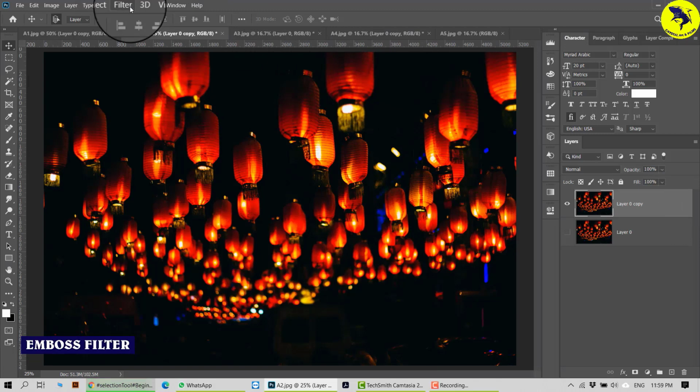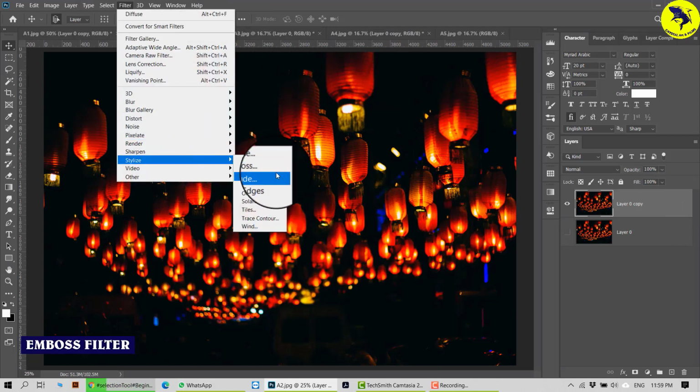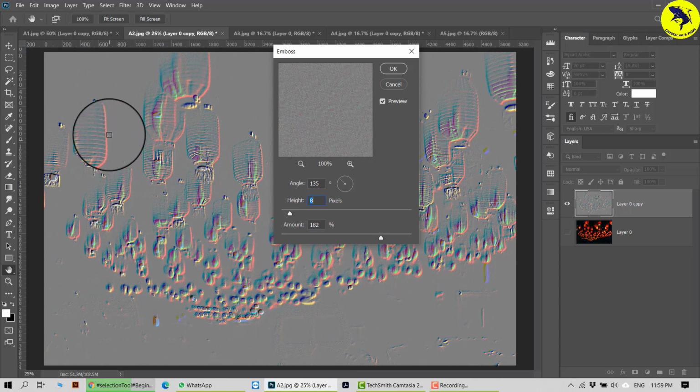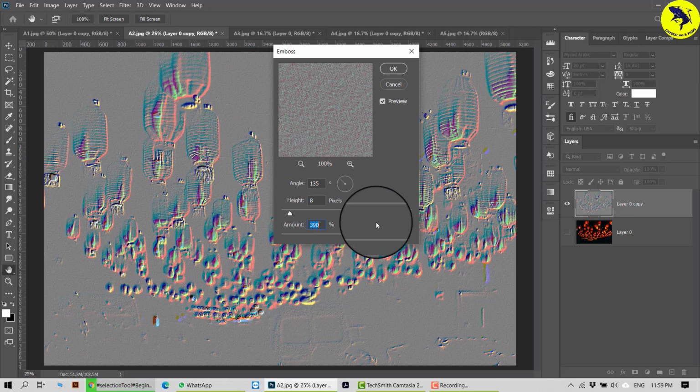I'll go back to my filters, I'll go for stylize, and I'll choose emboss. Emboss is like a little extrusion with 50% gray onto your picture. Imagine a 50% gray is being applied onto your picture, and it takes the shape of all the objects that are present on it. Okay, see, now if I increase the height, you can see it is giving you a more clear vision, like a 3D pop out of the object which is present on the screen. If I increase the amount, it is more clear. If I decrease it, it goes less finished.